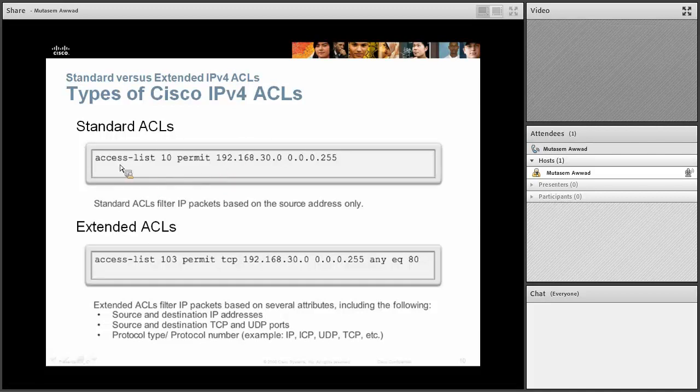Here's an example. You say access-list number 10. This is just a number that you are giving to the access list, meaning that you probably created 9 before. This is just the title of that access list. And the first statement in it is going to say permit